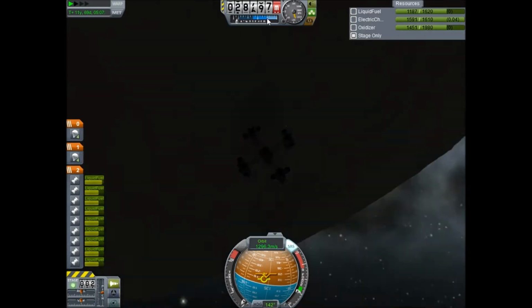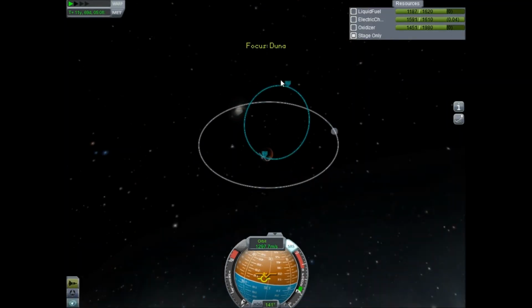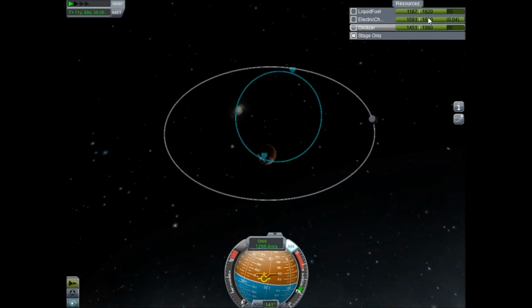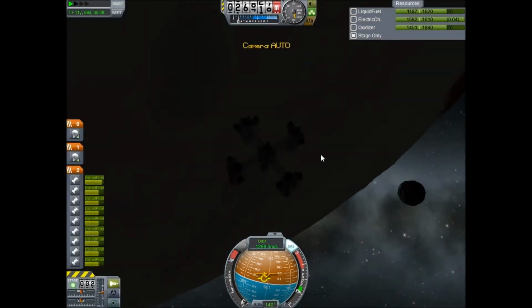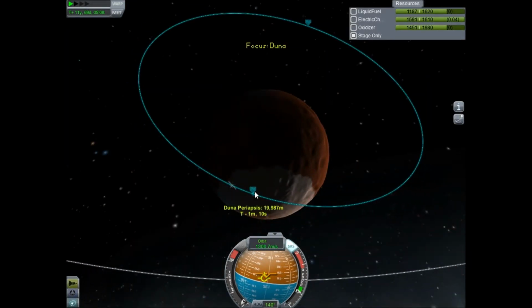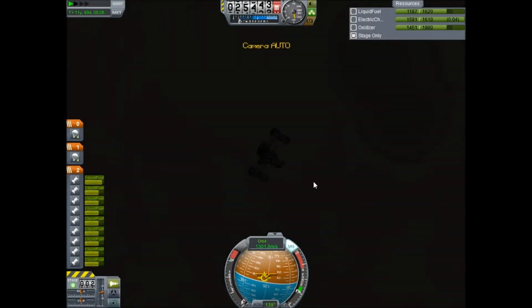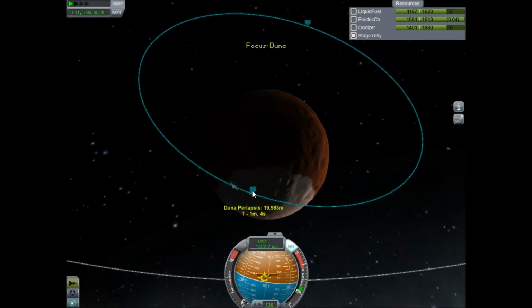Alrighty, here we are at Dunna with our little satellite, which, considering the amount of fuel we have, this guy's probably not coming home. We're going to get him onto the planet, and then we're just going to send all of our data back. That's probably what's going to happen. But I can't tell you yet what's going to happen because